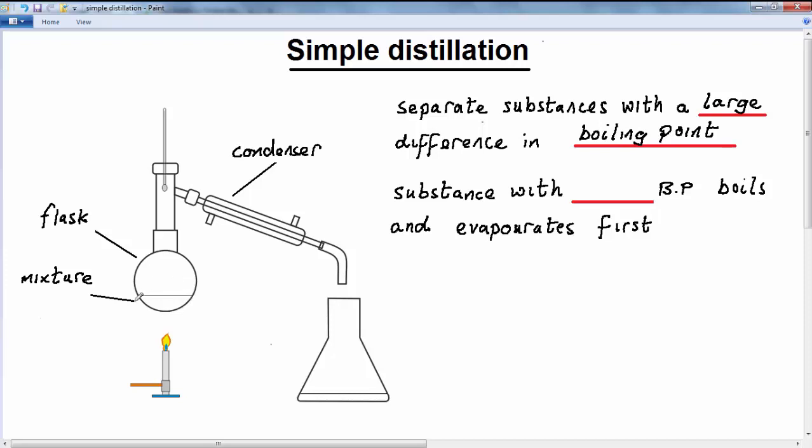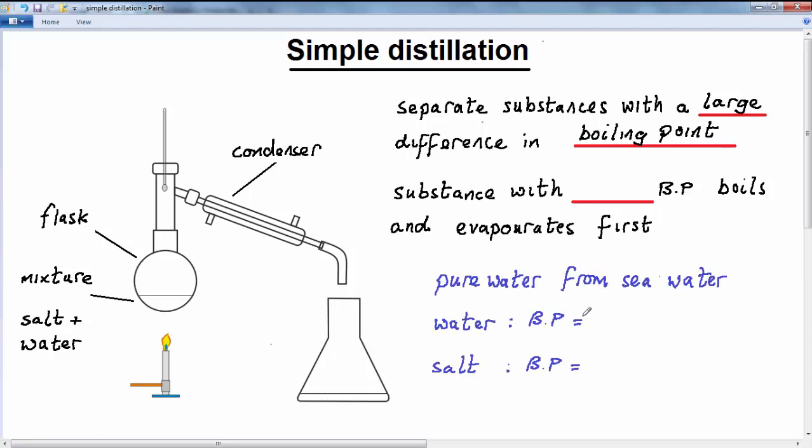Okay, so let's suppose we've got some seawater here. That's a mixture of salt dissolved in water, and we want to obtain pure water from this mixture. Well, as we've just mentioned, in order to separate these two substances, there must be a relatively large difference in boiling points. Okay, so as you well know, the boiling point for water is 100 degrees Celsius, whereas the boiling